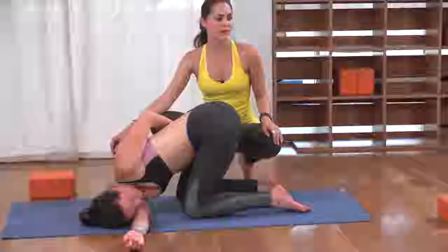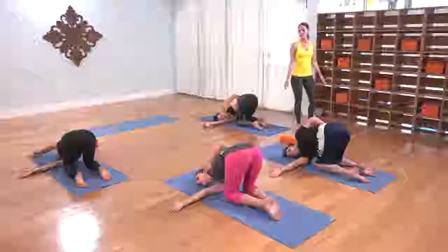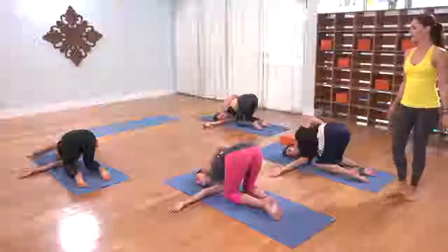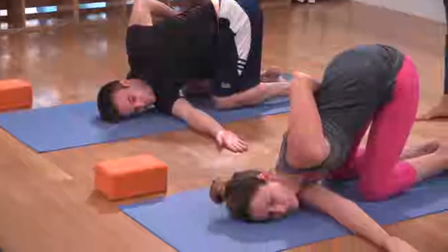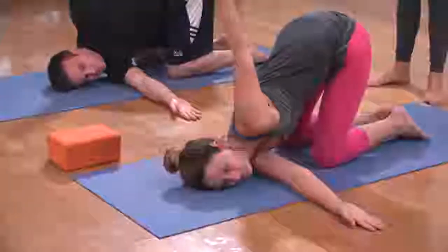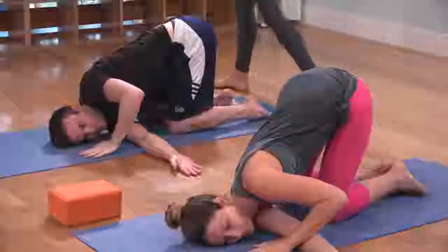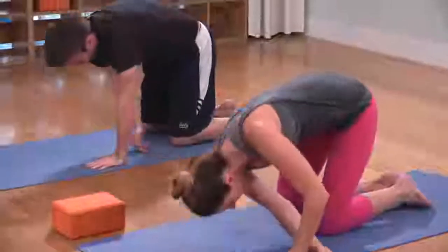And allow the breath to gently sweep along the back of the throat so you're still connected to the sound of the breath as you drop into the very opening moments of your practice here today. If the left hand's behind the back, inhale it straight up toward the sky, deep breath as it lifts, and then slide the left hand back in front of the face. As you ground down into the left palm, press back up to all fours,